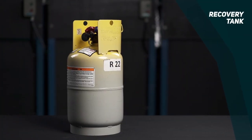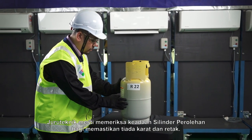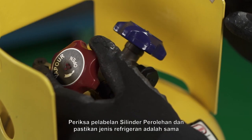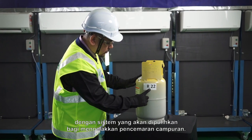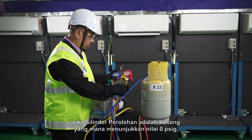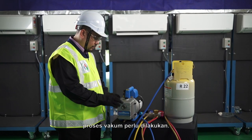Recovery tank. The technician must check the recovery tank condition to ensure no rust and crack. All valves should be in good condition. Check the recovery tank labeling and assure the refrigerant type is the same with the system to be recovered to avoid mixed contamination. If the recovery tank is empty, which is indicated by 0 psig, the vacuum process needs to